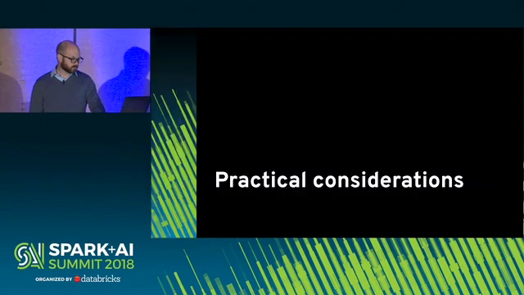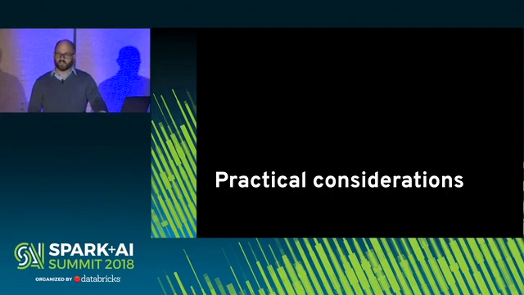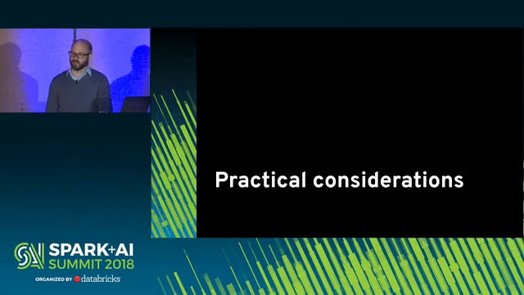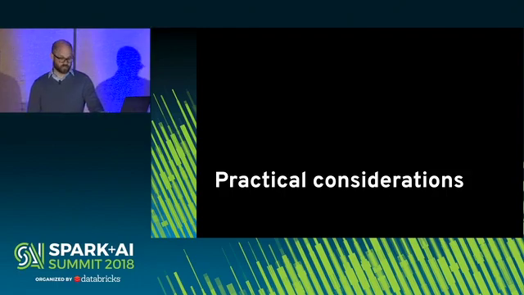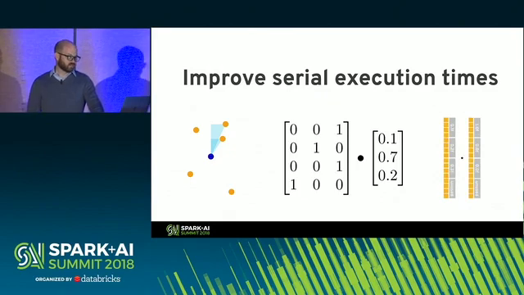implementation. So we've looked at ways to improve your parallelism and some concrete suggestions for using scale-out parallelism in Spark, but that doesn't mean that you don't have to worry about your serial performance as well. Remember that Amdahl's law implies that the amount of time you spend in serial code really puts a lower bound on how long your program will take to run, no matter how much parallelism you have. So the last few suggestions I have are related to improving the single node performance of your techniques. We'll look at ways to optimize repeated similarity calculations. We'll look at how to ensure that your linear algebra code executes in a native library. And finally, we'll look at some things to consider if you want to take advantage of hardware acceleration for linear